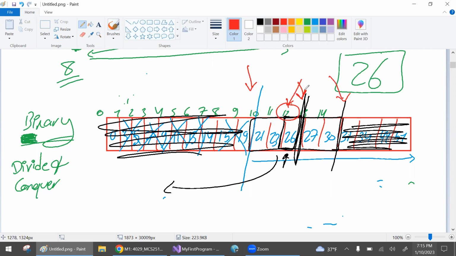So that's what you need to know. You need to know the difference, and then you need to know the code. The code is found in the book. Then we move to